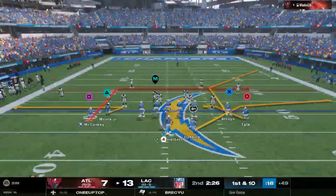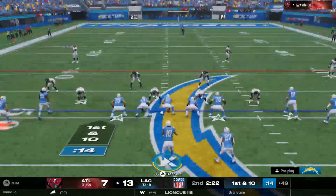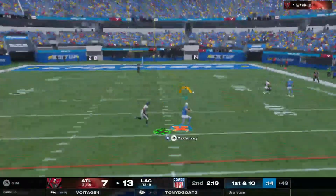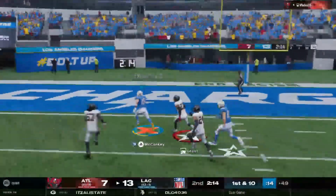Really nice job there to move the chains early in this drive, but now as they approach midfield, continue to keep your foot on the gas. Don't get conservative. Don't start sitting on the ball. Cross midfield and go. Anytime you find yourself in your opponent's...